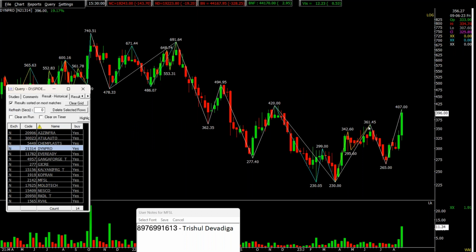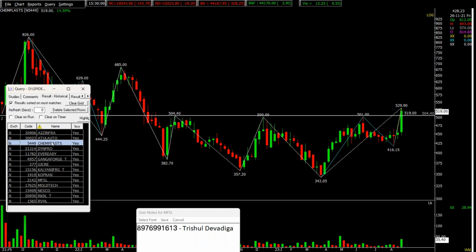Divine Pro, again a strong swing top breakout. Even this looks good for long-term trading. For swing trading, this doesn't look good for long term, but it looks good for swing trading because the volume is continuously rising. Chemplast, what we can see, yes, a very good strong top breakout has happened in Chemplast,